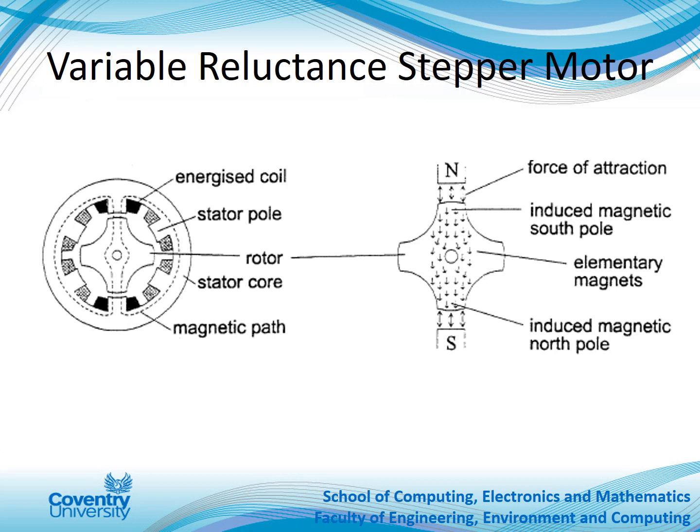Each has a four-cycle sequence that advances the motor by a single step if executed in order. So by executing the steps in a binary sequence, step 1 would be 1 1, step 2 would be 0 1, step 3 would be 0 0, step 4 would be 0 1, then you can go through all the different combinations. And stepper motors seem to be a simple choice for building robots because